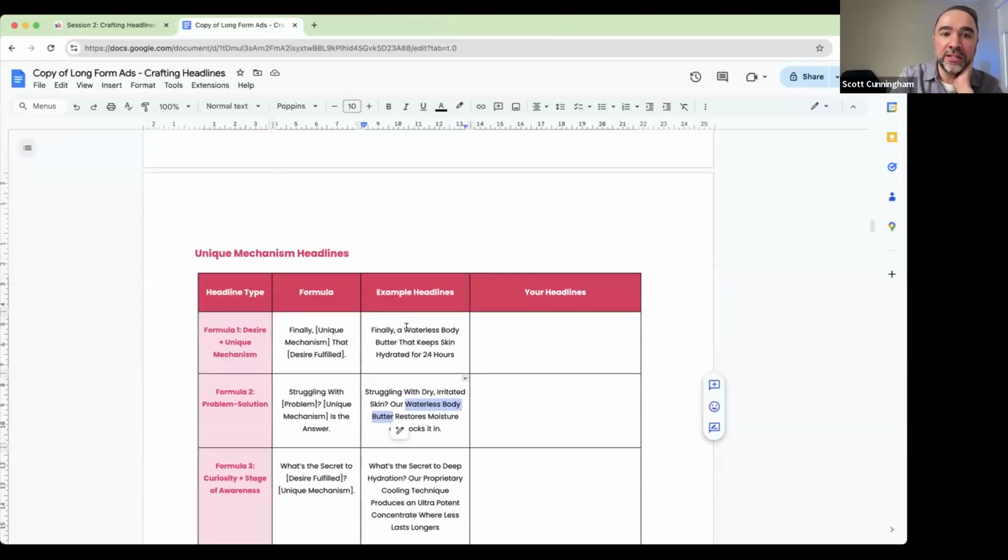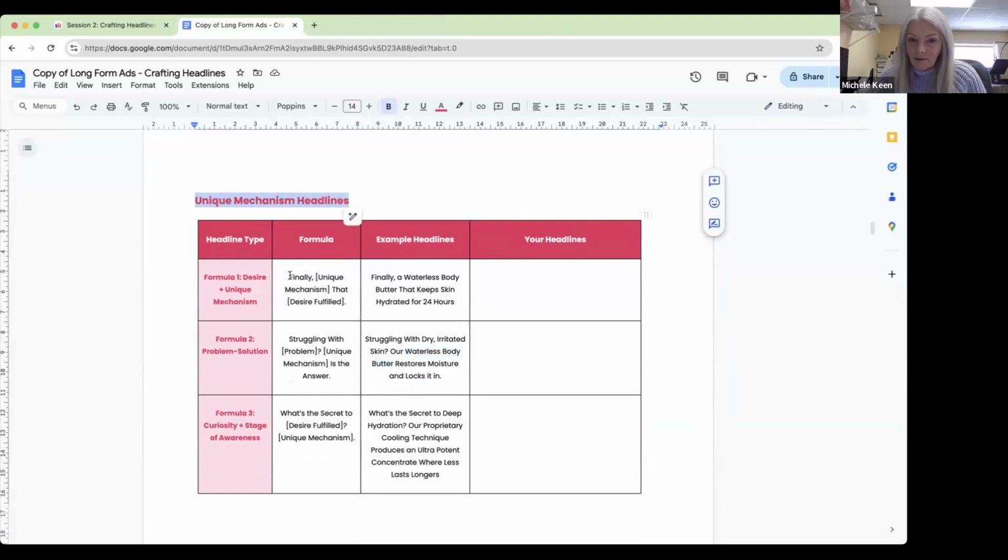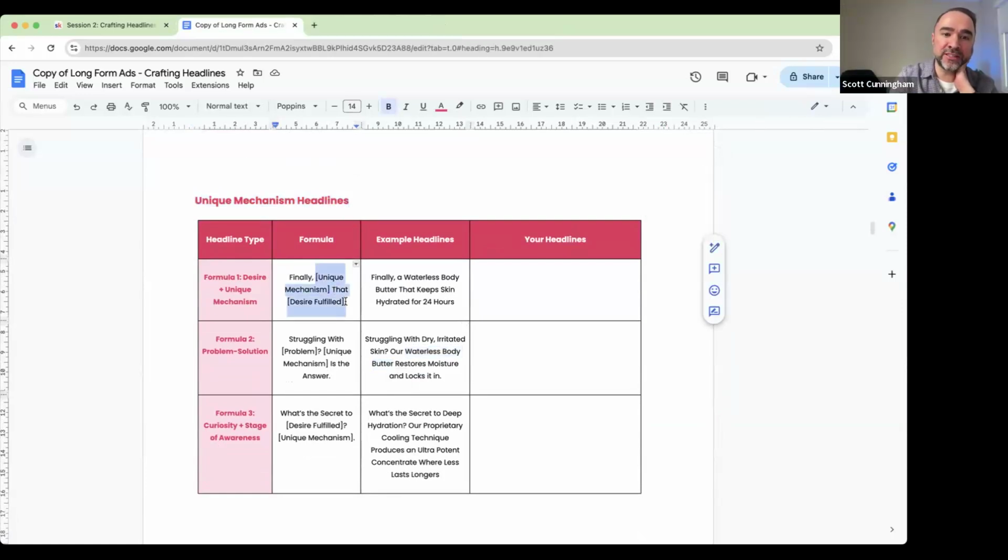To make this really resonate, this is where it'll all come together for you. This was the worksheet from last time. There's a section called unique mechanism headlines. Your job is to say, finally, unique mechanism that fulfills desire. Struggling with problem, unique mechanism is the answer.